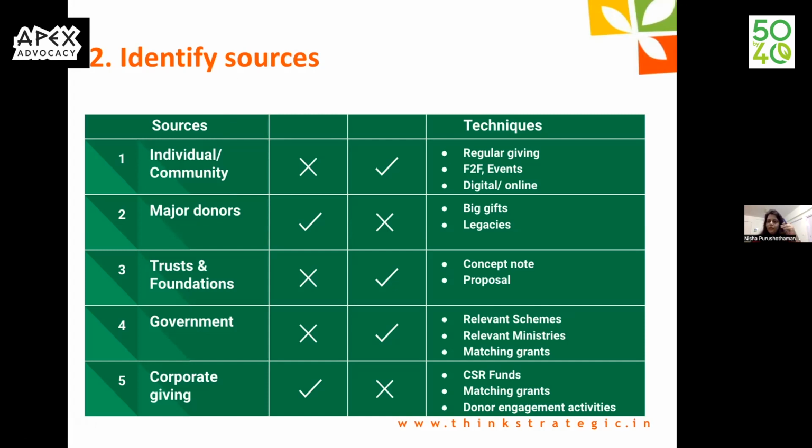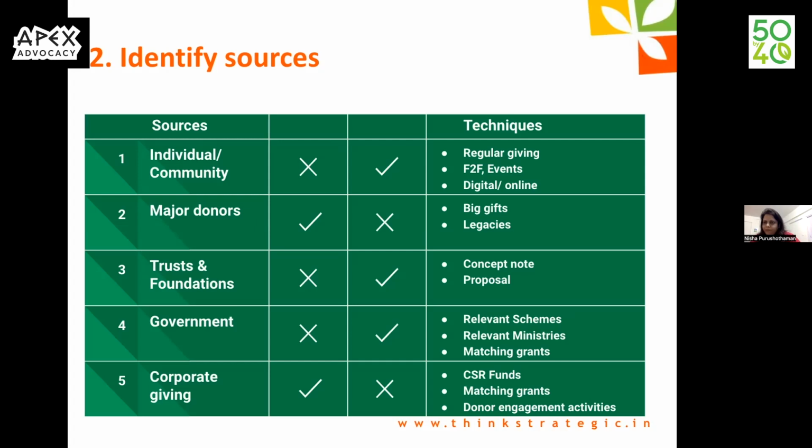How will you break it down and see who are the ones that are most interested in your cause, who has supported this in the past? Where will you find this information from? Annual reports, websites. How could you gather this information to figure out who you want to approach, right? So it's an important part of research to figure out who you want to approach and how you want to